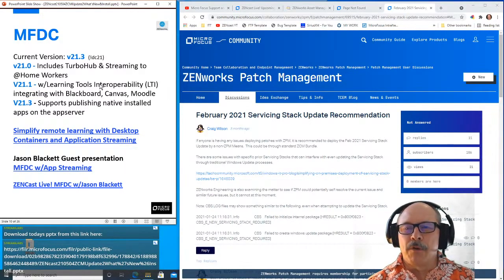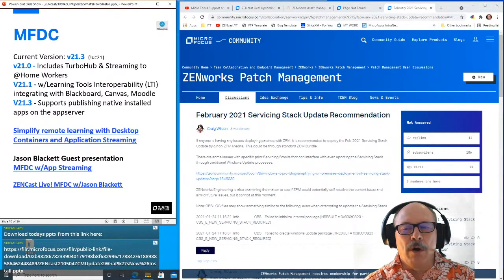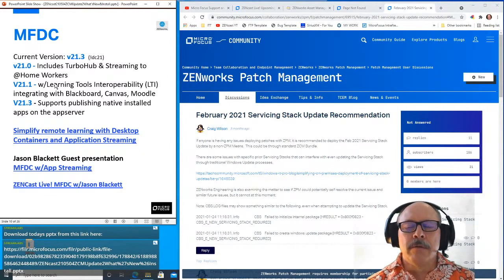Okay, Micro Focus Desktop Containers. Version 21 has had some increased capabilities each time. So be aware that we covered these in an actual ZENcast. We had Jason on and actually did a demo on this. But be aware that these versions are getting enhanced quite constantly. And the code is year and month, so you can see that they're getting that cadence in quite often,